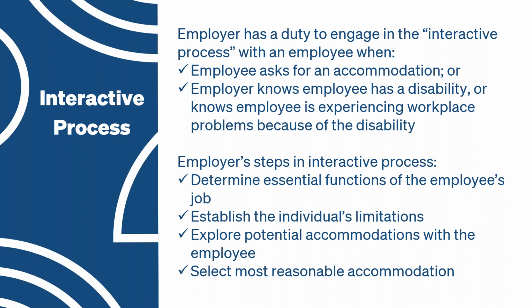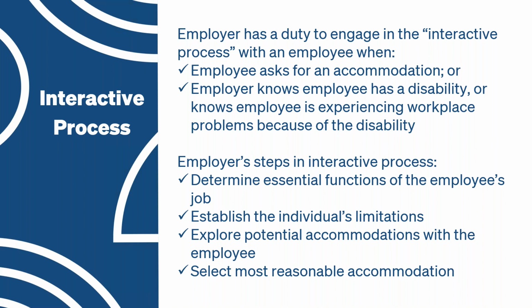The next step would be to establish the individual's limitations. Unless the disability is known and obvious, for example, someone who is blind, someone who has an obvious mobility impairment, in those cases, the disability is known and obvious. You don't need to request more, and you shouldn't request more medical information in that case. If someone has been discharged from the hospital and comes to you with a discharge summary from the hospital that outlines exactly what their limitations are, what they can and can't do, you cannot request more information.